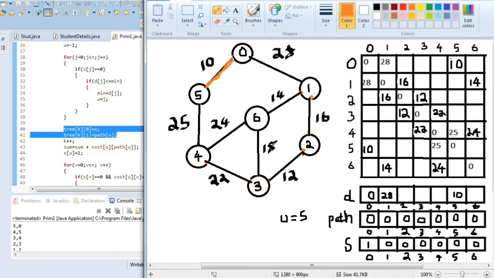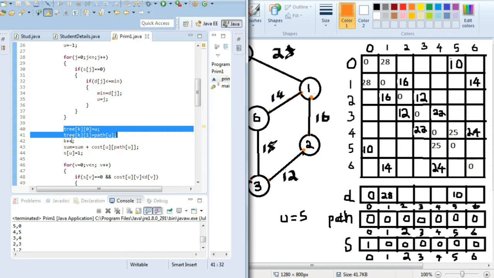Okay, now after we select an edge, we should save this edge somewhere in the memory, right? So that is the tree code here. Tree of k and 0 is u, tree of k and 1 is path of u. So that will save this 0 and 5 somewhere in the memory. Okay, so this edge is saved. Next, k plus plus. Since one edge is over, we will be incrementing k value, and sum will also be saved at the same time,